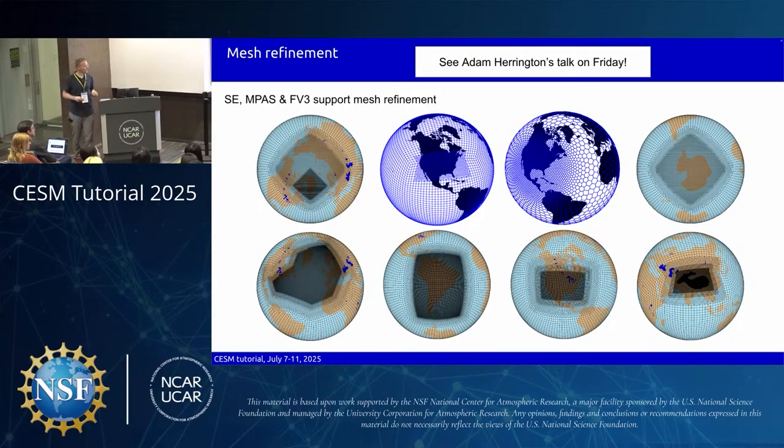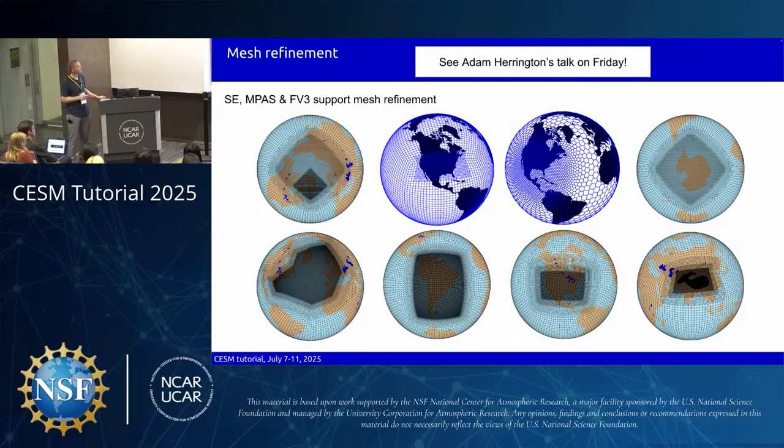We also have the capability with MPAS and spectral element to do what's called mesh refinement, and it's becoming very, very popular. Here are a couple of grids that we have released with the model in the past. We have this grid here that refines down to, I think, 12 kilometers over Greenland, 1 degree elsewhere. When we use that, our surface mass balance of the Greenland ice sheet looks much, much better than our default model. So the whole purpose of mesh refinement here is that you can resolve more scales in some region